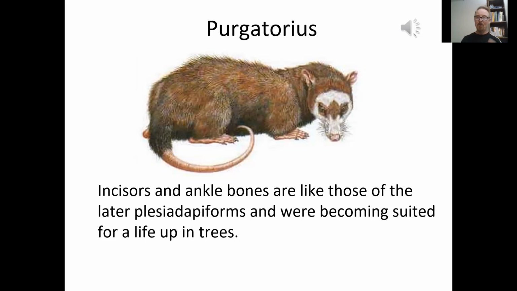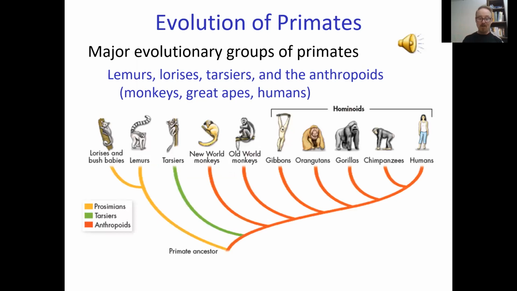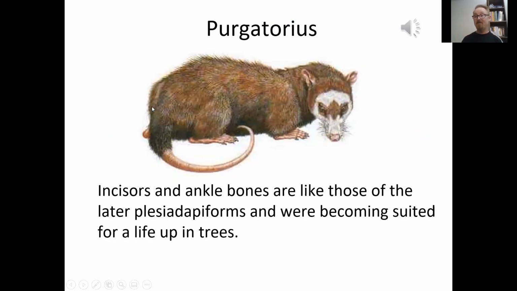So the trade-off for early Purgatorius here, for moving into the trees, a little more flexibility of getting into the branches, was that he was slower on the ground. And that would have been a negative thing because he would have been more vulnerable to predation. But the overall impact was more positive for this creature to be in the trees, feeding from the rich fruits, but the insects, insectivorous diet he was on, than what he would have lost during predation on the ground. So when we see something like this,